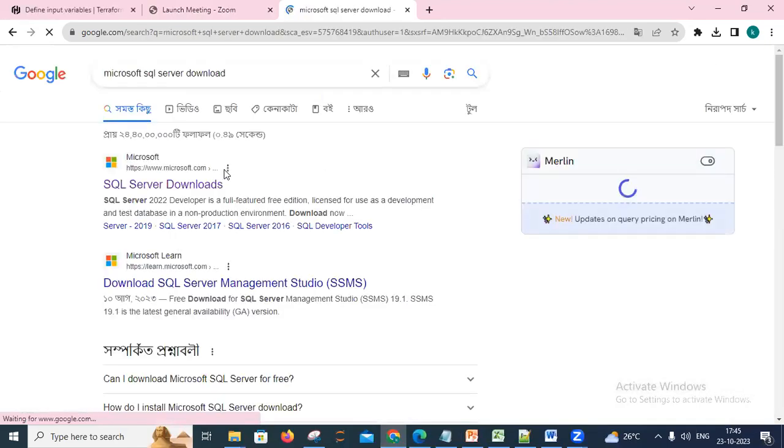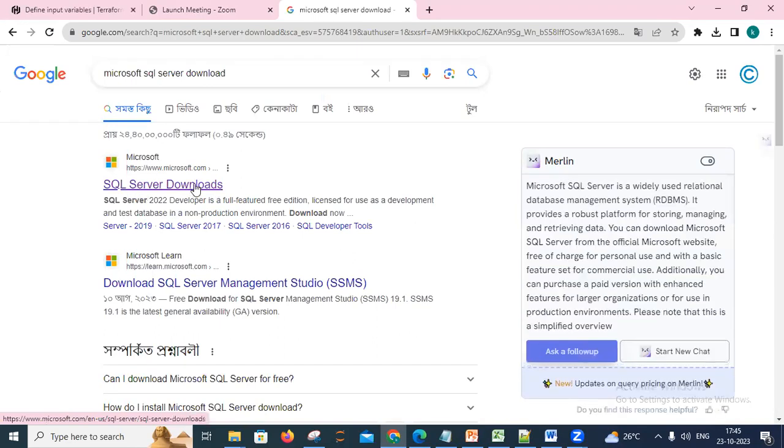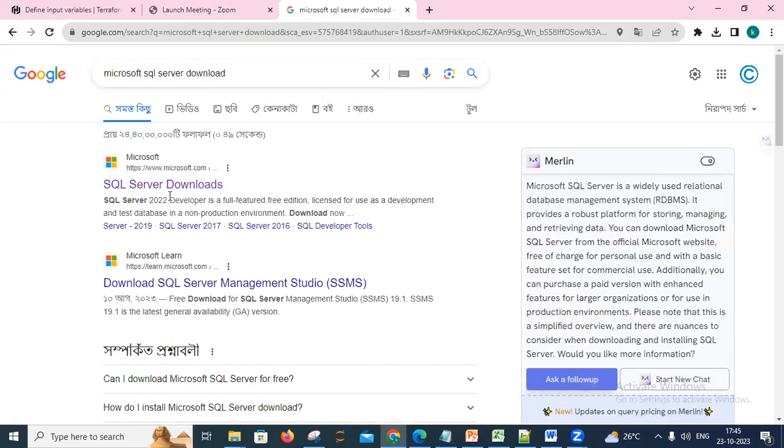You can see the SQL Server downloads 2022 Developer is a full featured free edition version, right? So just click SQL Server downloads, the first link,